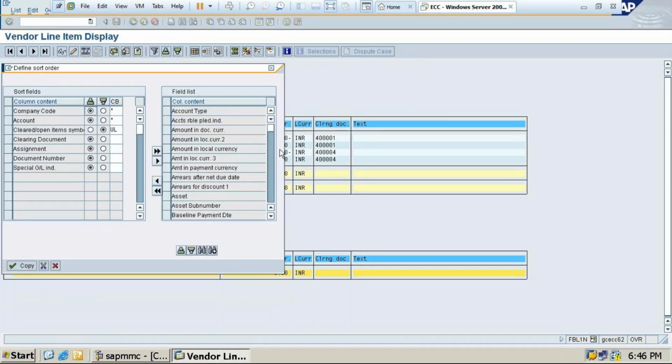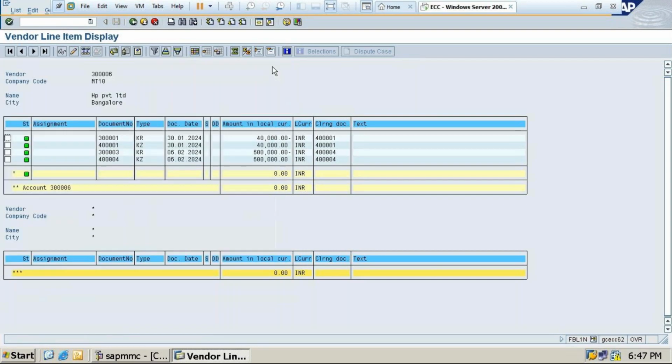Okay, so here we can find what we need to find. The scan field is also there. Next is your clearing date, then the business area. You can select business area, copy and paste it. You can just check this out. This is already in ascending order. So if I want to do descending order,